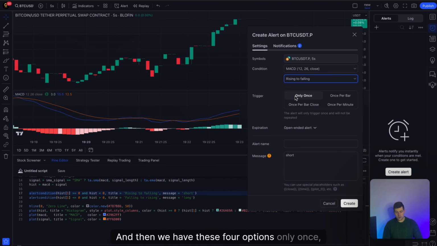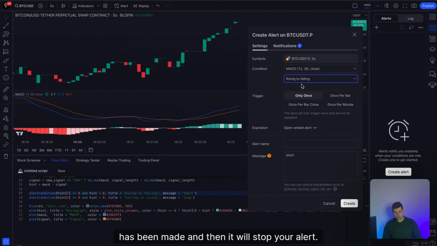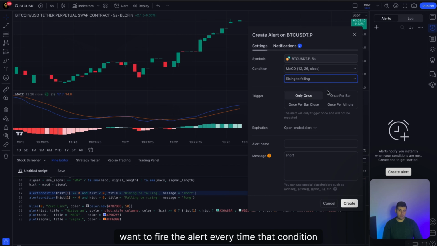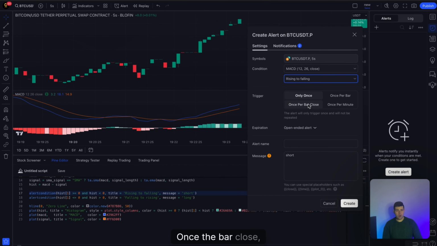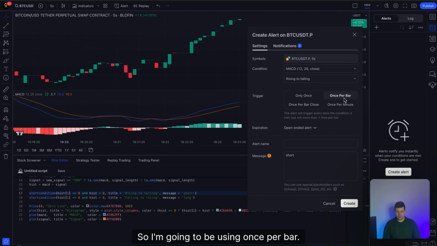And then we have these four options: only once, once per bar, once per bar close, and once per minute. Now the difference between these is, only once will only fire one time when the condition has been met, and then it will stop your alert. Once per bar is what you're looking for if you want to fire the alert every time that condition is true. And once per bar close will wait for the condition to be true, but only when the bar closes it would send out the alert. And once per minute, basically it's just every minute it will fire. So I'm going to be using once per bar, and now you can see our message right here,